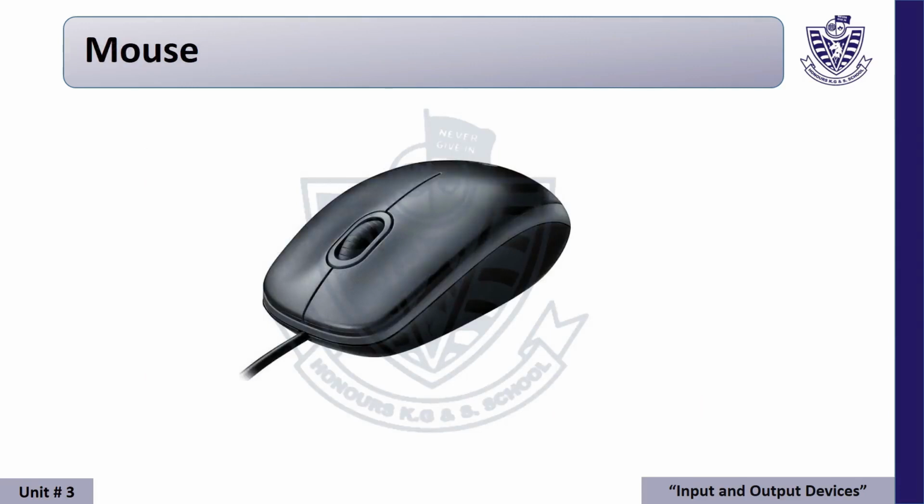Mouse. Students, mouse is an input device. It is a pointing device that is used to select the objects or text and to draw pictures on the computer. Mouse is moved over a flat surface. While you work on the computer, the pointer on the screen follows the movement of the mouse. It can be clicked or double-clicked to perform various activities.